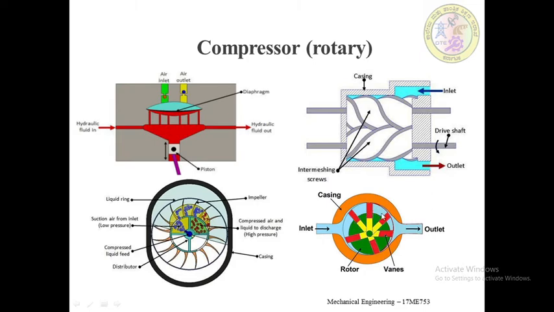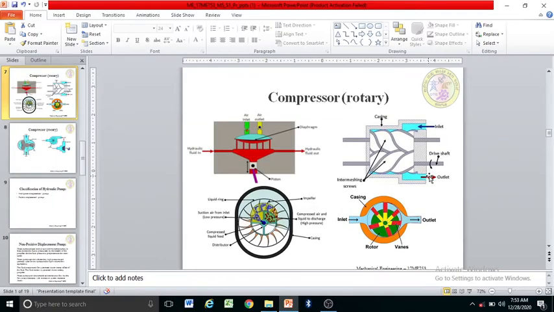So that the space at the end is very essential. Whenever the space is very high at the inlet and at the end it is low, then it will be similar to a nozzle. So the dynamic action of those rotors has been used so that it has compressed the air.